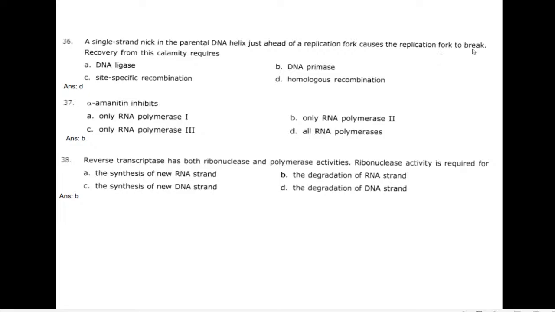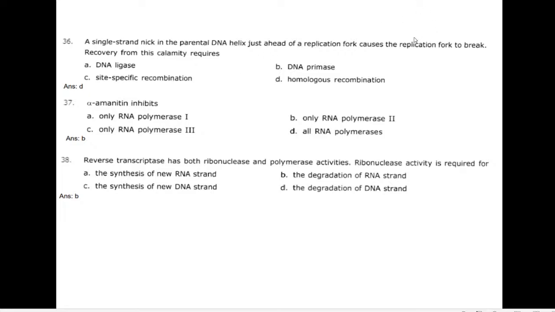Recovery from this calamity requires... Here the statement is that a single nick in the parental DNA helix present just ahead of the replication fork helps to break the replication fork. The recovery from this calamity requires